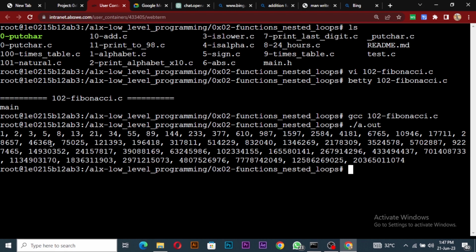And you see 1. So 1 plus 2 is what? 3. 2 plus 3 is what? 5. 3 plus 5 is what? 8. 5 plus 8 is what? 13. 8 plus 13 is what? 21. And 13 plus 21 is what? 34. So if you go here, 377 plus 610 is what? 987. So that's how